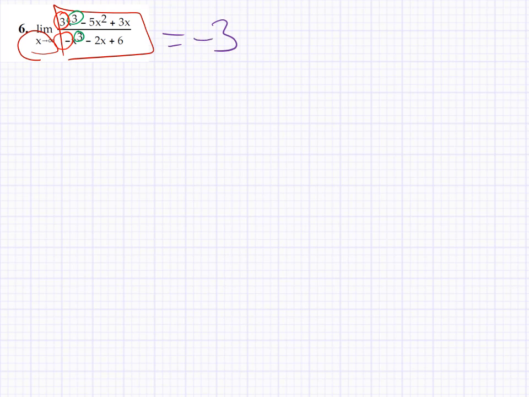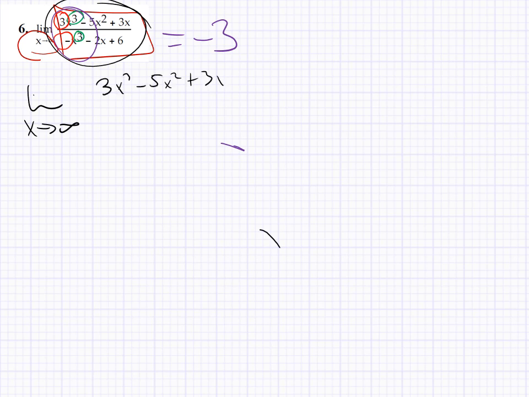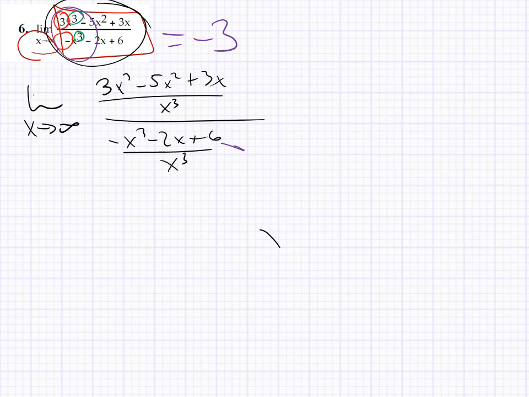And again, that's because of all the things that go on with this. Now, another way of getting this done, if you want a more concrete way of doing it, is we look at this limit as x approaches infinity. If I divide everything in the numerator and denominator by x cubed, so I have 3x cubed minus 5x squared plus 3x divided by x cubed over -x cubed minus 2x plus 6 over x cubed, I could split this up into 3 separate fractions, and you see that